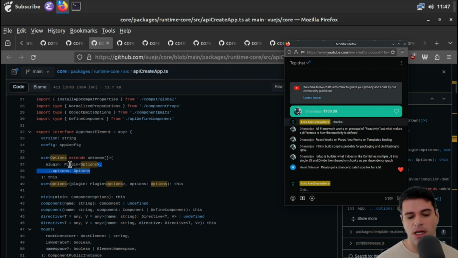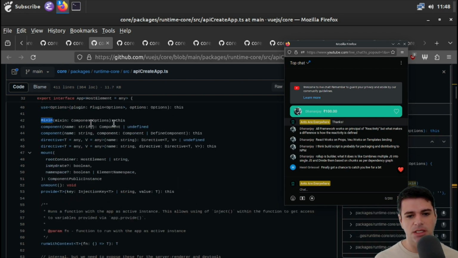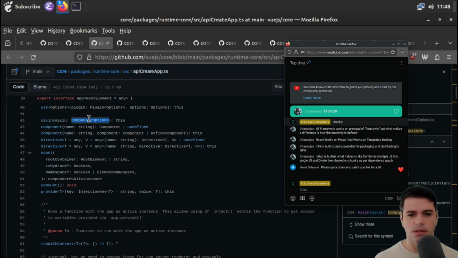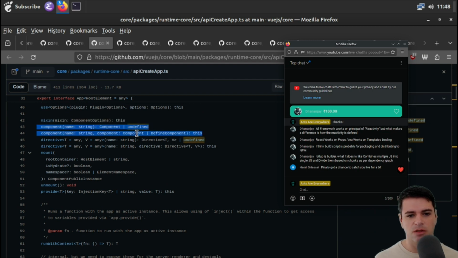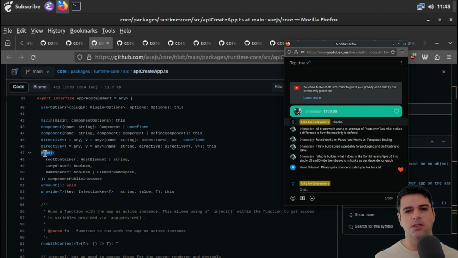But it's going to take some plugins, which I guess the reason that this type is essentially unconstrained is because plugins can be relatively unconstrained. And we just basically have a list of plugins. We have some mixins. You can, I guess, pass in these component options. And components seem to be really central. Whatever directives, we're going to look at directives soon. And then mount, I guess it's using